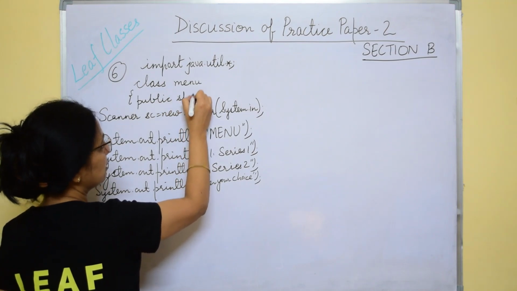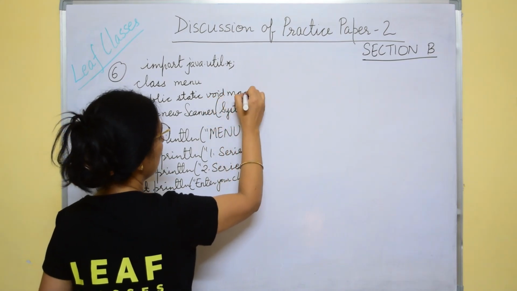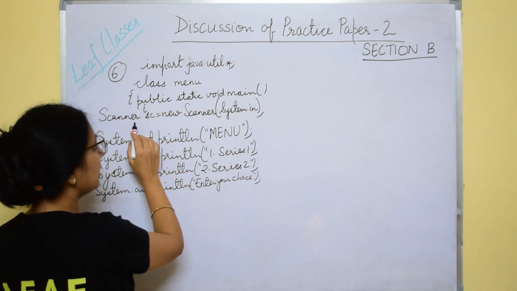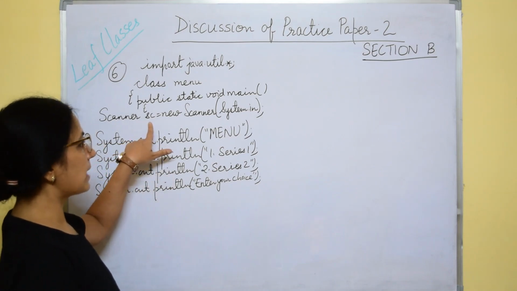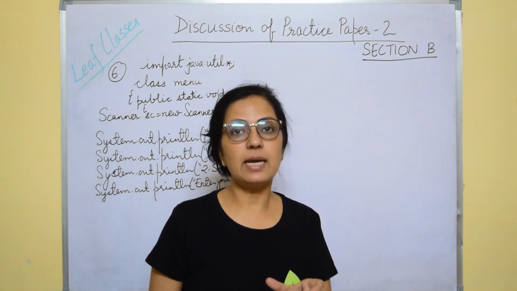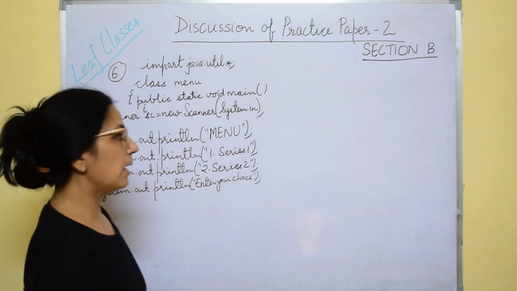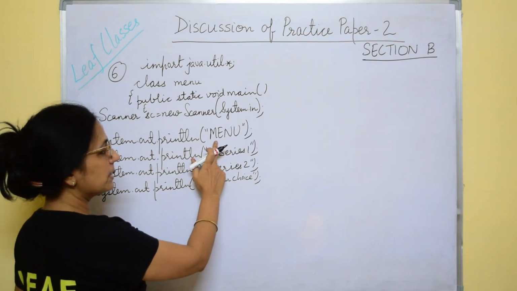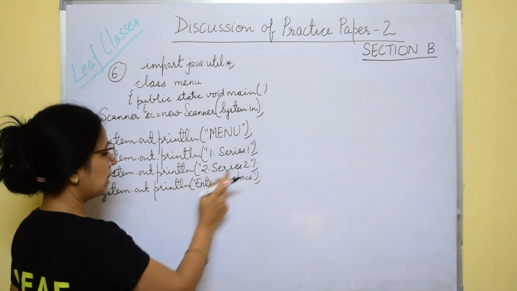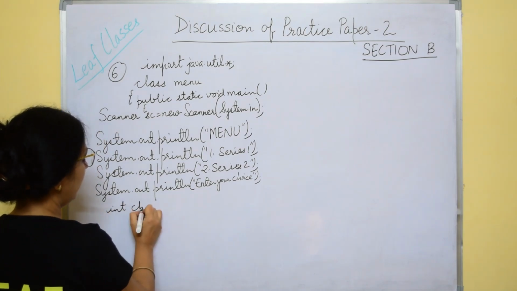Everybody knows that the main function is written within the class, public static void main, and here you will write opening braces, and then you will create the object of the Scanner class and the menu. What is a menu? It is simple print statements writing the different options within brackets, within double quotes. In this we have two options. The first option is series 1, the second option is series 2, and then we enter here: enter your choice, and in the ch variable we can input the choice,